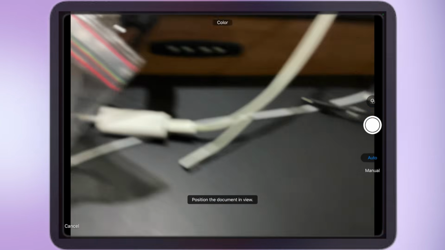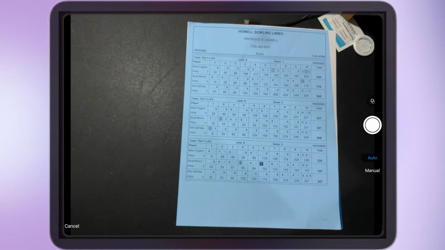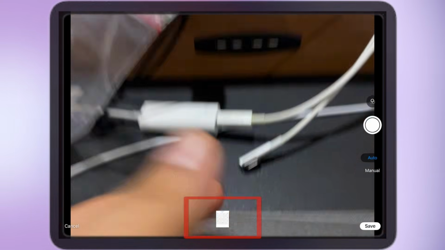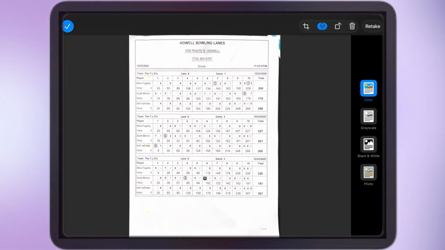So we're going to position a document here. I'm going to go ahead and scan my bowling scores. I actually bowled an 800 series, which is a very big accomplishment for me. All right, great. And if I tap on this now, I can make some changes to it if I want